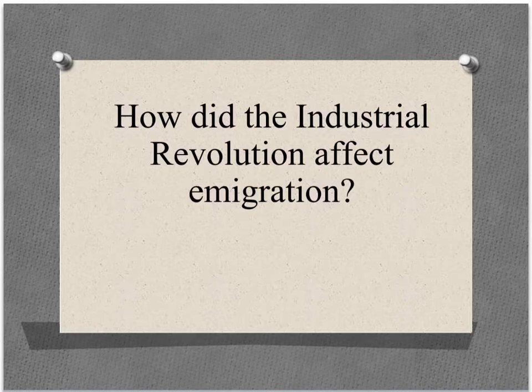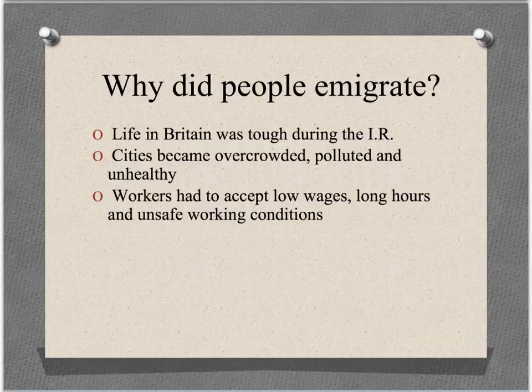So today we're going to have a look at the Industrial Revolution and its effects on emigration, so voluntary emigration to Australia. In the previous video, we talked about how the Industrial Revolution caused people to be unemployed and poor. So there was a crime wave that found convicts being sent here to Australia. So today we're going to look at voluntary migration to Australia and how the Industrial Revolution influenced that process.